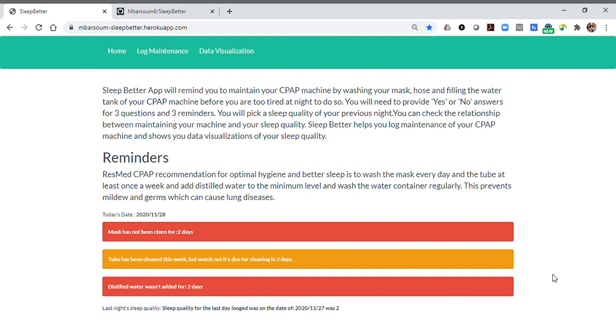Otherwise, if it's not cleaned, then it can cause bacteria or germs to accumulate, and this may further get the patient in more trouble by getting pneumonia or some other severe lung diseases. So it's extremely crucial that the machine parts are well maintained and well cleaned. The other thing, if the water is not added, then this can cause dryness and it's very uncomfortable for the patient. So the significance of this app is to remind the patient of these maintenance things and the recommendation while